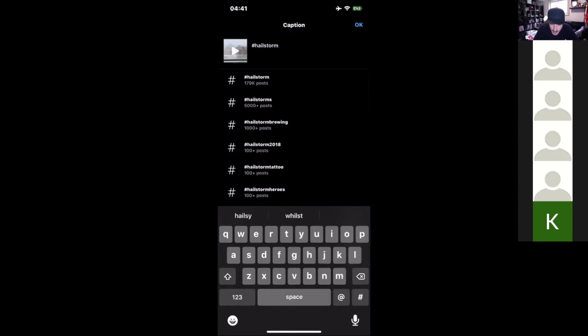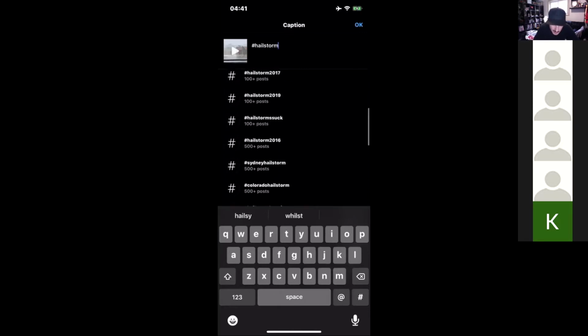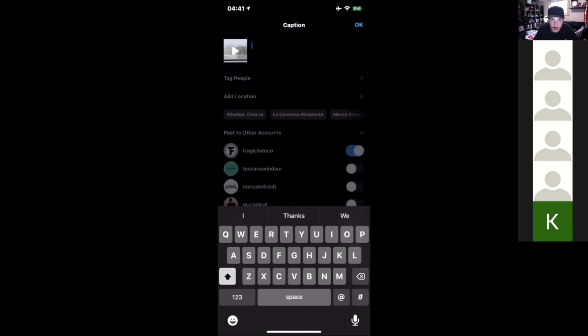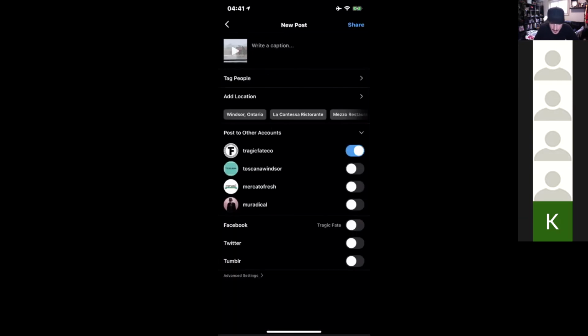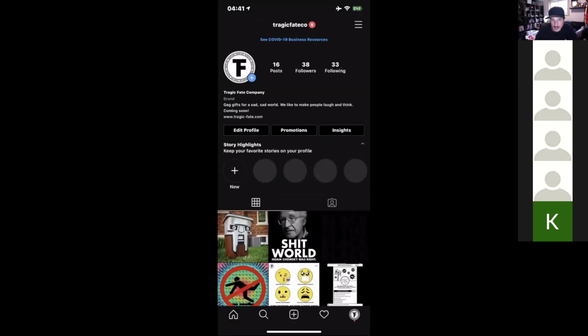I would lean towards just hailstorm as opposed to any of these other ones, because there's not really that much going on in them, whereas there's a lot going on in hailstorm. I would say not to over hashtag your stuff because it can look a little bit tacky, but planned hashtags with a directed effort can actually be quite valuable.